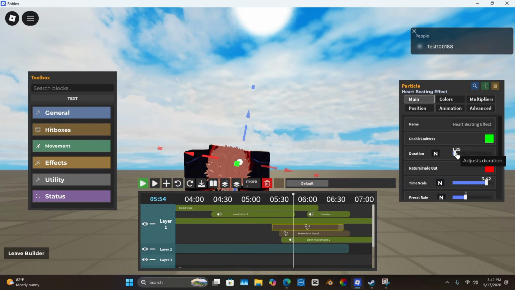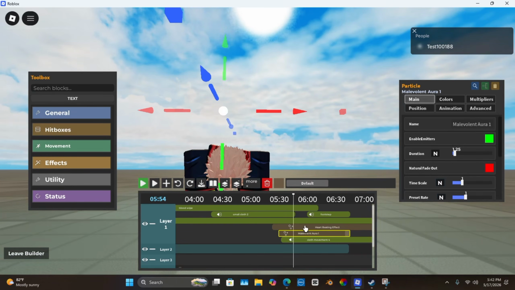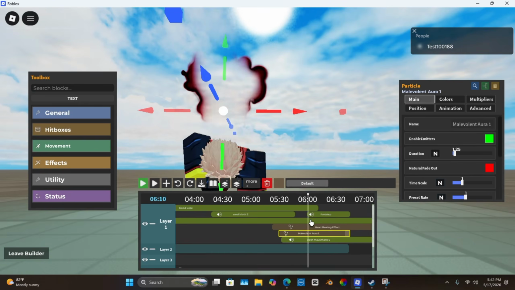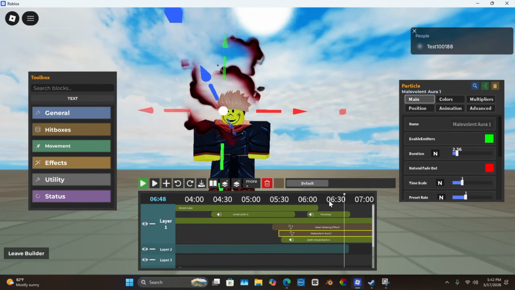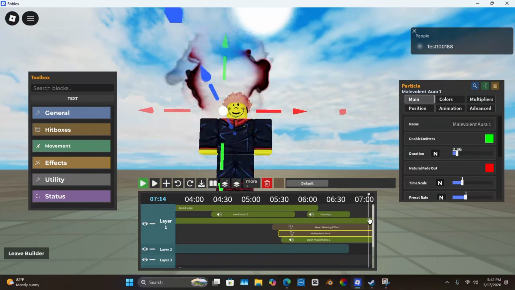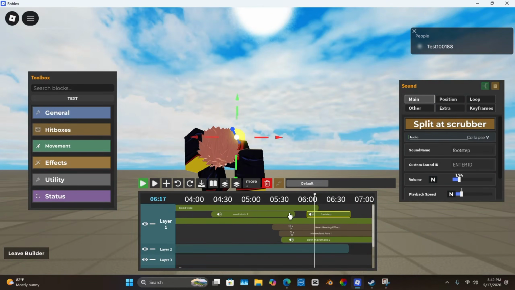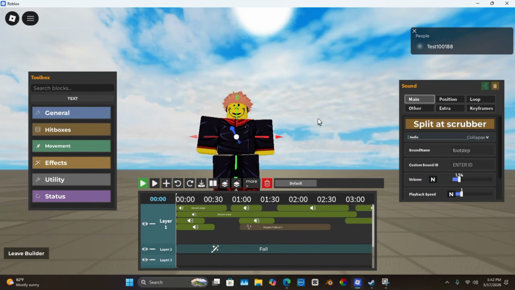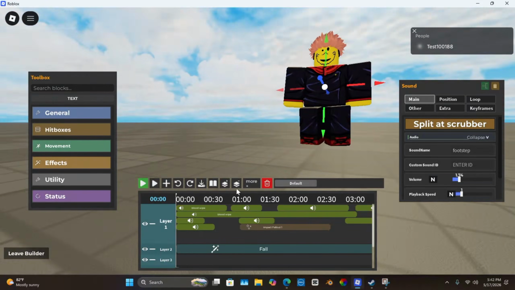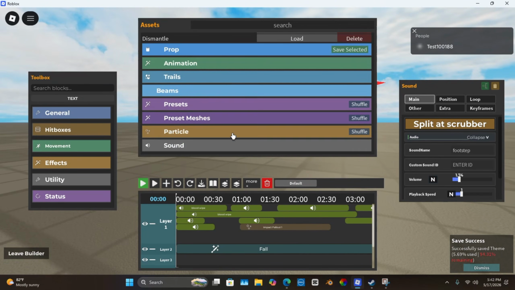It doesn't matter. Then I use Malevolent Aura for the aura effect whenever he gets up. I used footsteps, small cloth, and no major effects in this. Then we're going to move on to